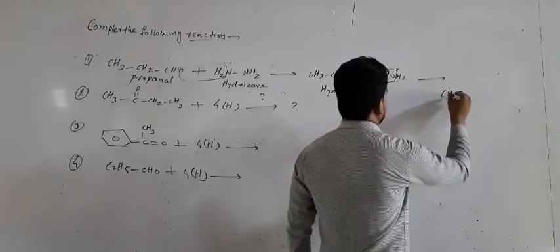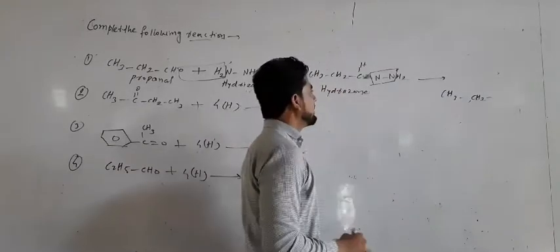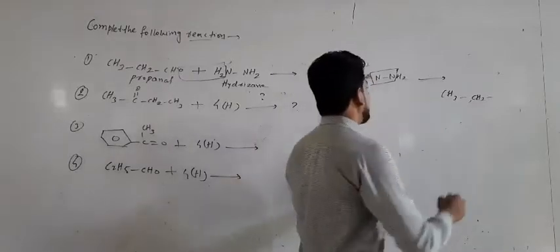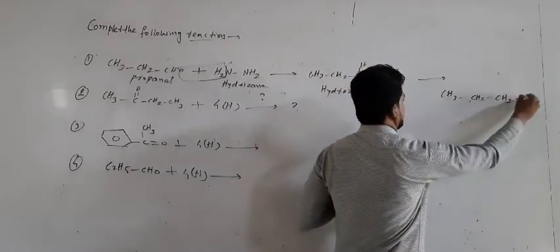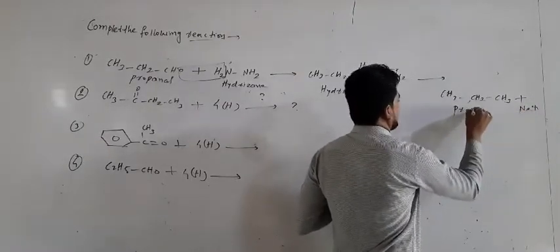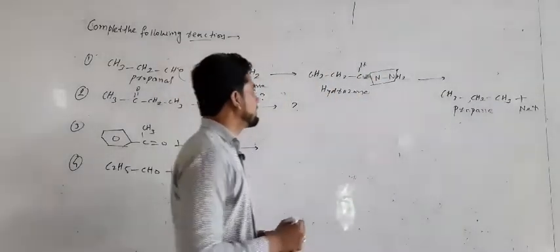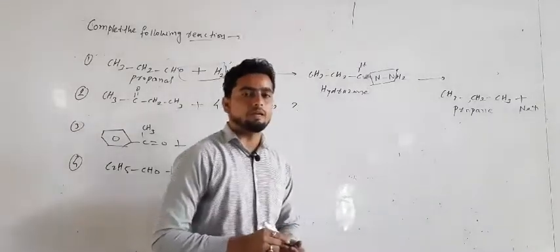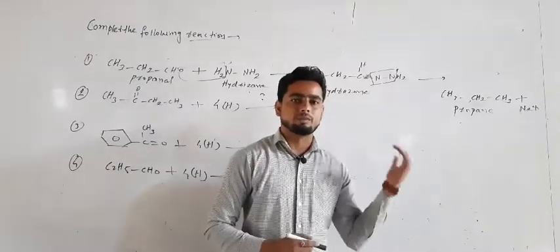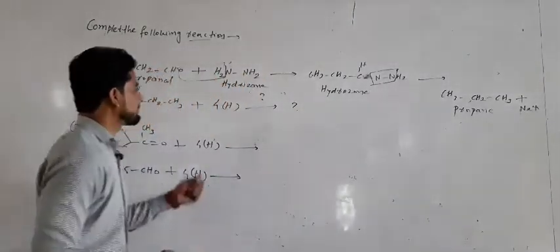Now this hydrazone further rearranges with the loss of N2 gas, the nitrogen gas. So we get the answer CH3CH2, then this CH and this H2 will be written as CH3, and the loss of N2 gas. How many carbons? 3 carbons is called a member of the alkane, propane. So in this way the product of each and every reduction of aldehyde and ketone is always a member of the alkane, depending upon the carbon. 3 carbon propane, 4 carbon butane. Okay? Now we take the second reaction.